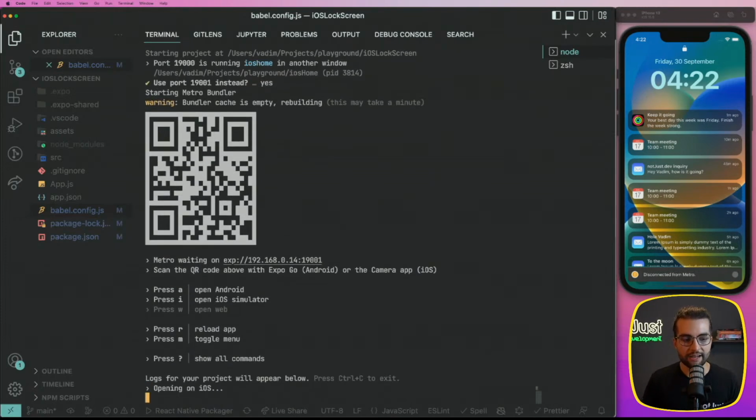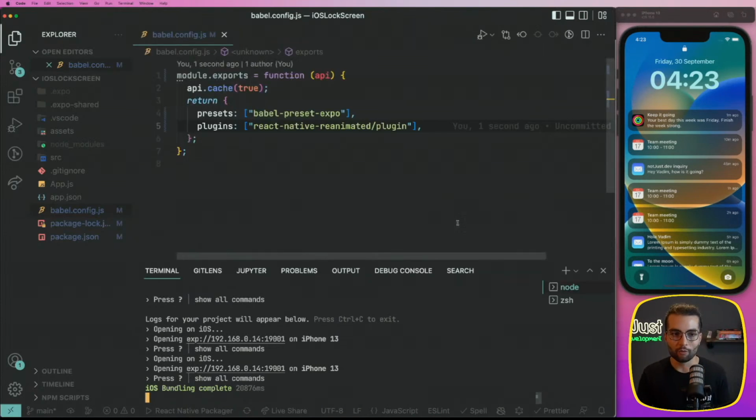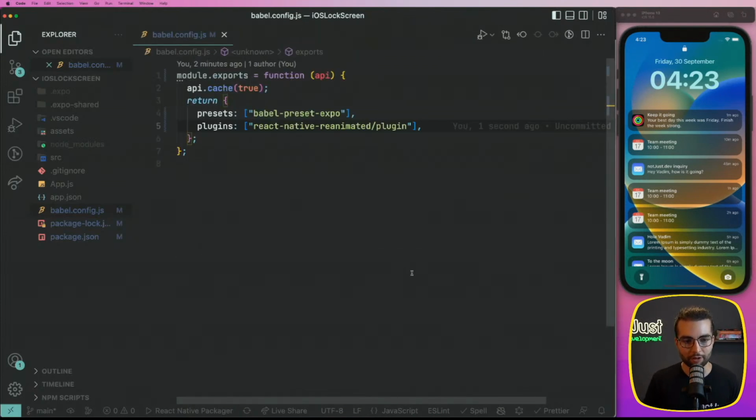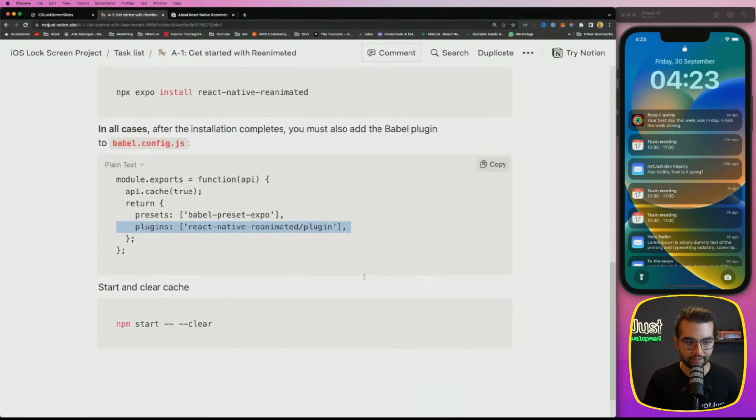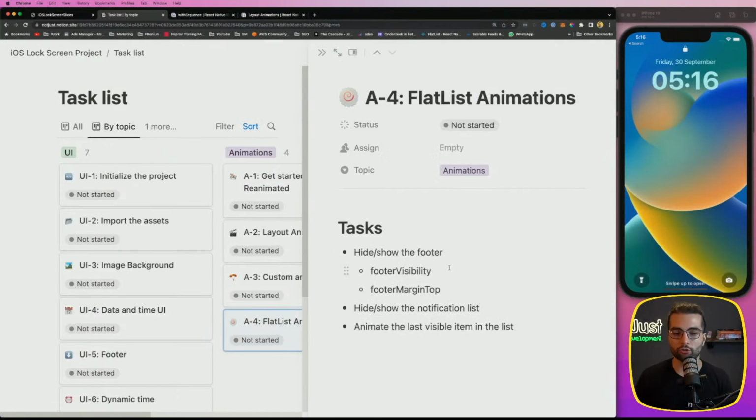Okay, so let's press I to open it on iOS. If everything is running without any problems, then good job. That's it. We can move on to the next step because our Reanimated is installed and correctly set up with the plugin. So in the FlatList animations, I don't have a lot of snippets, but we're gonna do it step